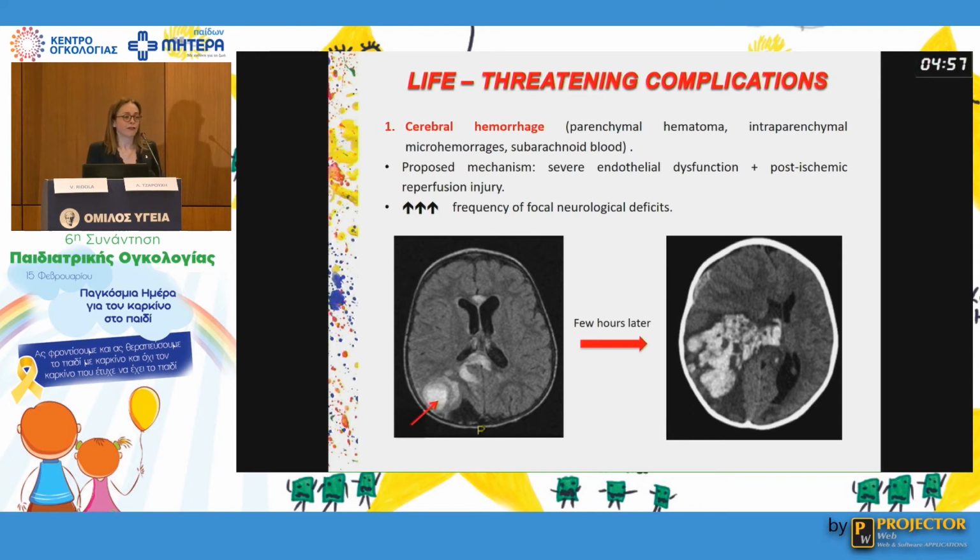So this means that in practice, if we have a child who presented with seizures and we do the MRI and it says, okay, this is PRES, we still have to watch very carefully the evolution of the PRES syndrome. If, in the following hours or days, the patient presents a focal neurological deficit, we have to ask for a new MRI because a cerebral hemorrhage can occur, and when it happens it can be catastrophic, like in these cases where you see the evolution in just a few hours to a massive